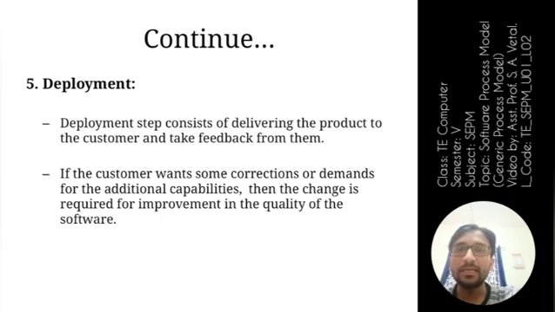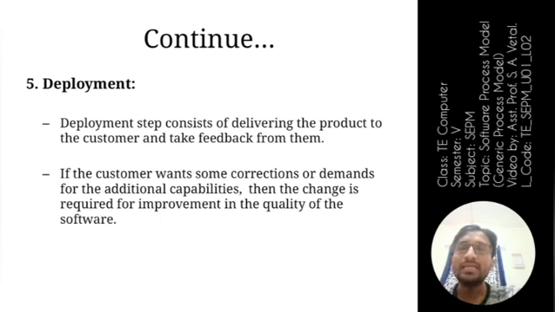Meaning if the customer requires some kind of improvement or correction, that means we have some improvements to do in that software, and we have to perform them, right?